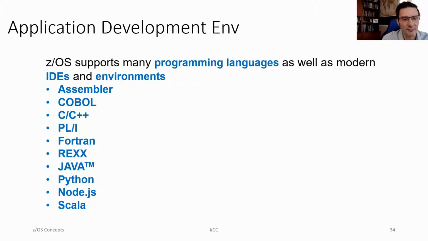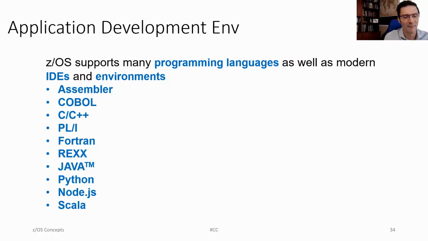So for languages, we actually have a number of languages. First of all, some of the legacy languages that have been around for many, many years. So you have Assembler and COBOL and C, PL/1, Fortran. These are the languages that have been supported for a long time, and they still are the languages that a lot of our applications running on the mainframe have been written in. And compilers keep getting updated, and the latest features of the hardware can be exploited, and if you recompile your programs, you're going to get performance benefits. But if you never chose to recompile your program from 30 years ago, it will still run on zOS today,